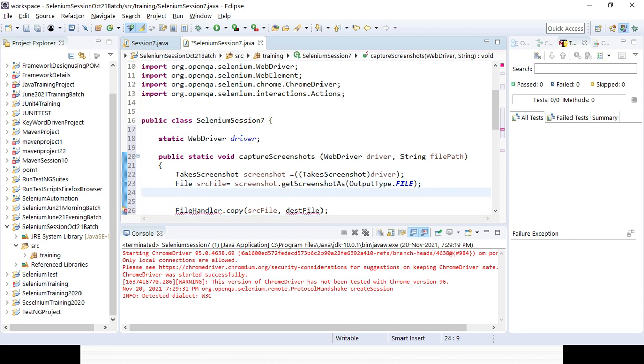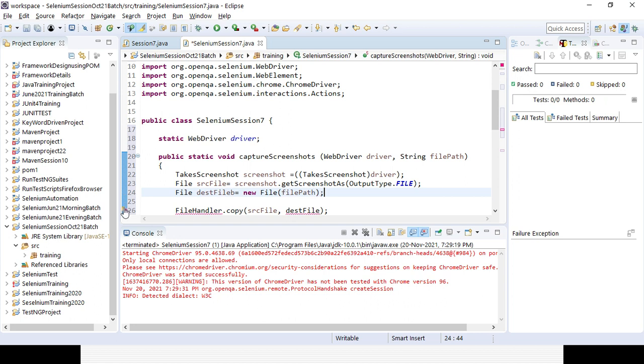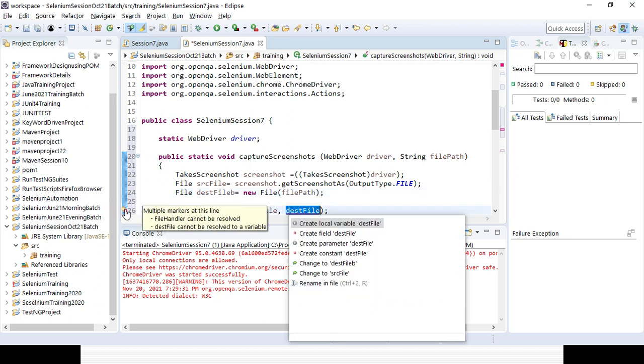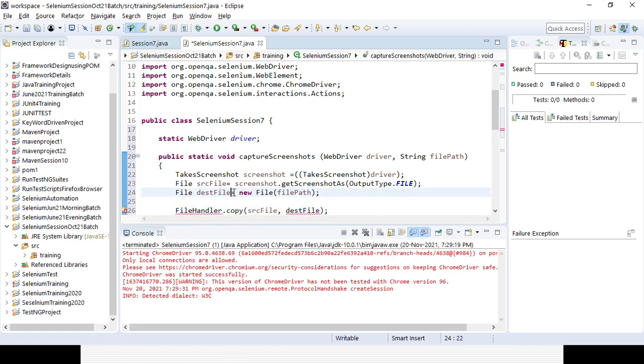It will be of File class, and that is my variable here, destinationFile, which I load with new File, giving the argument that I have passed, so that I match it. Let's close this part and import the File handler, the destination file, okay, sorry, this File.